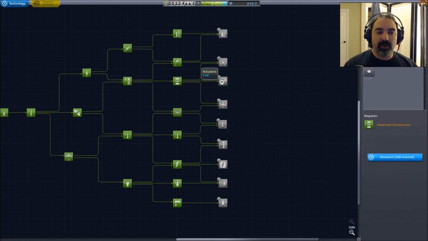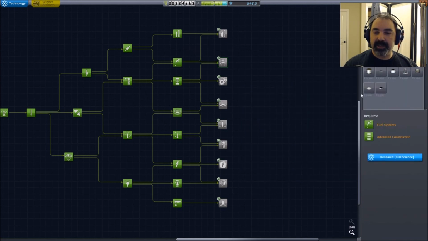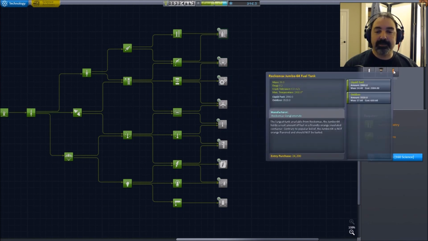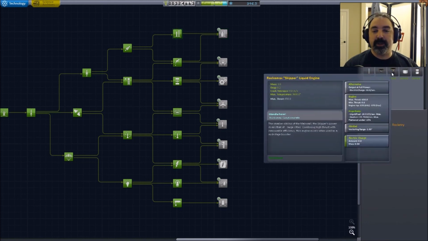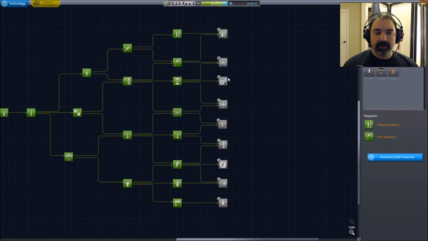This is just for one node for actuators and hitchhiker storage, space station type of stuff, and docking ports. That'll be pretty important. And of course, the Rockomax Mainsail and the Rockomax Jumbo-64 were never even used, nor the Skipper, or the Poodle. So out of these ones, I think I want this one to give us